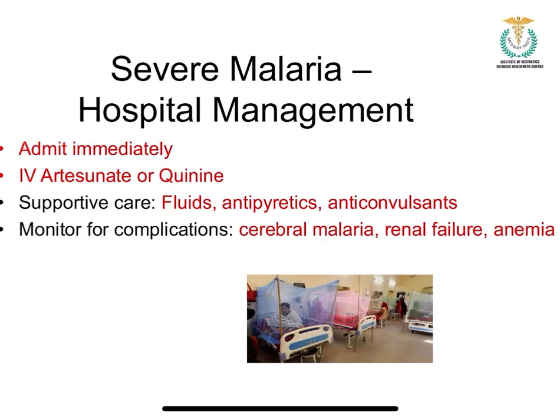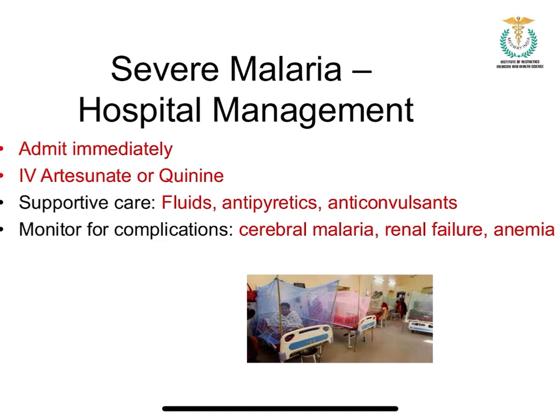Severe malaria, complicated malaria, how do you manage? This is always an inpatient management. You admit them, you start IV artesunate, or IV quinine is also still used in a few patients. But we all know that quinine comes with a lot of side effects. So IV artesunate is the preferred drug. Supportive care in the form of fluids is given. You give IV fluids, you give antipyretics. Anticonvulsants are given here, but only if the child has had seizures. If you see seizures in a child, then you start anticonvulsant